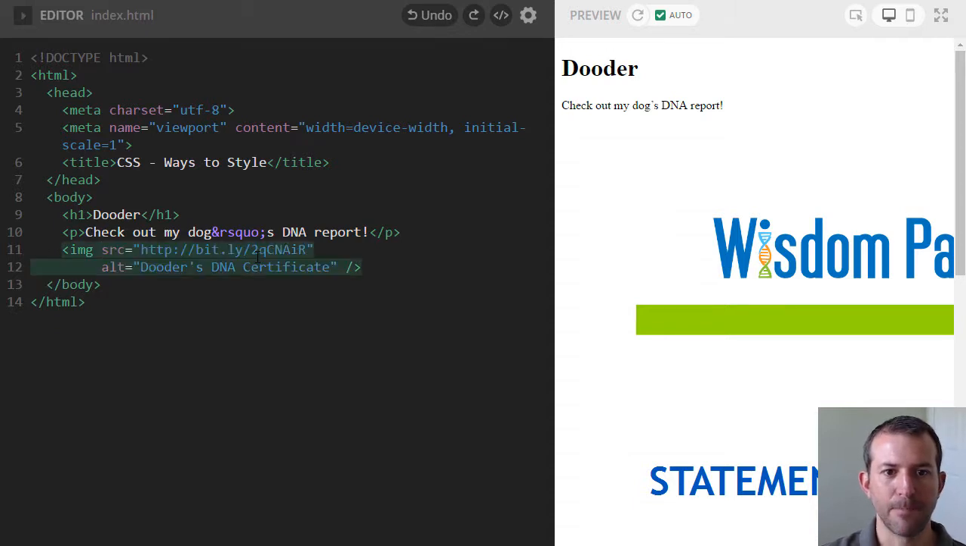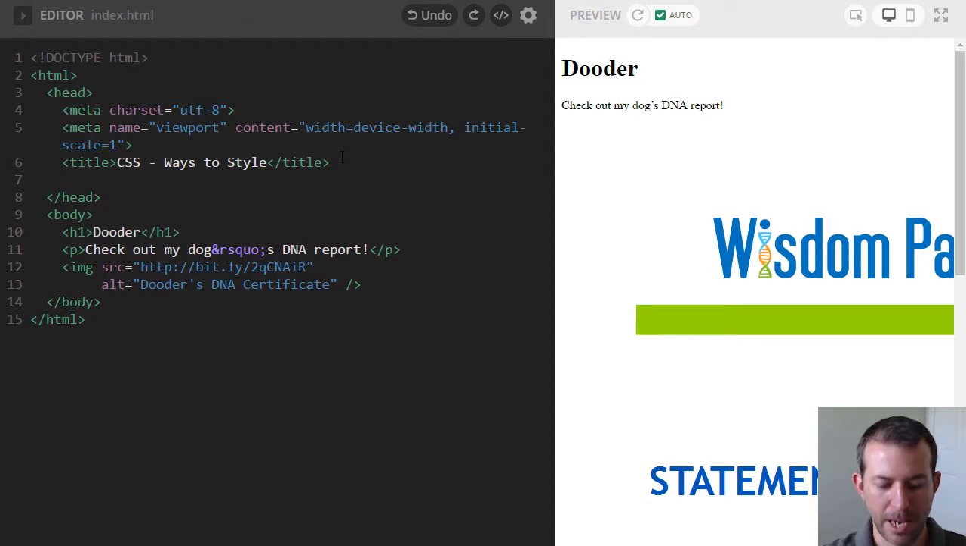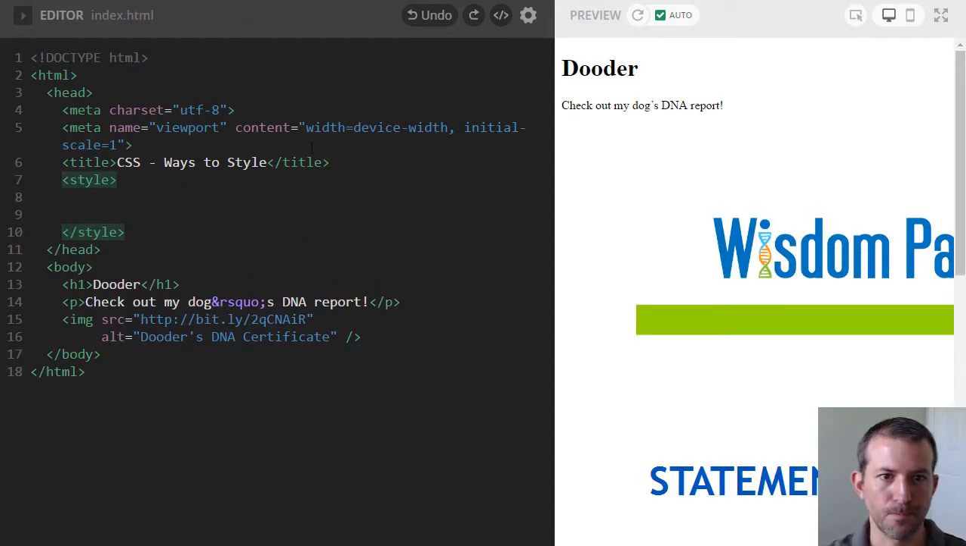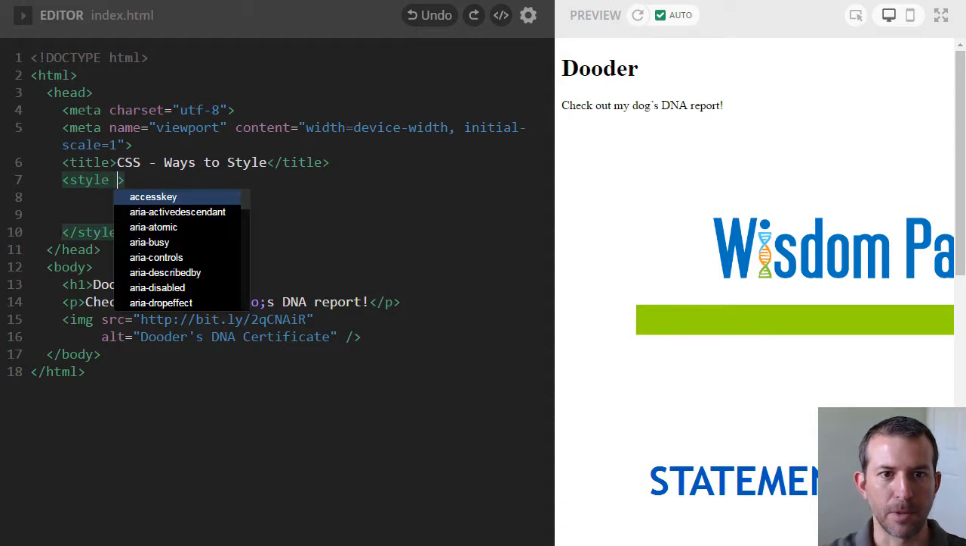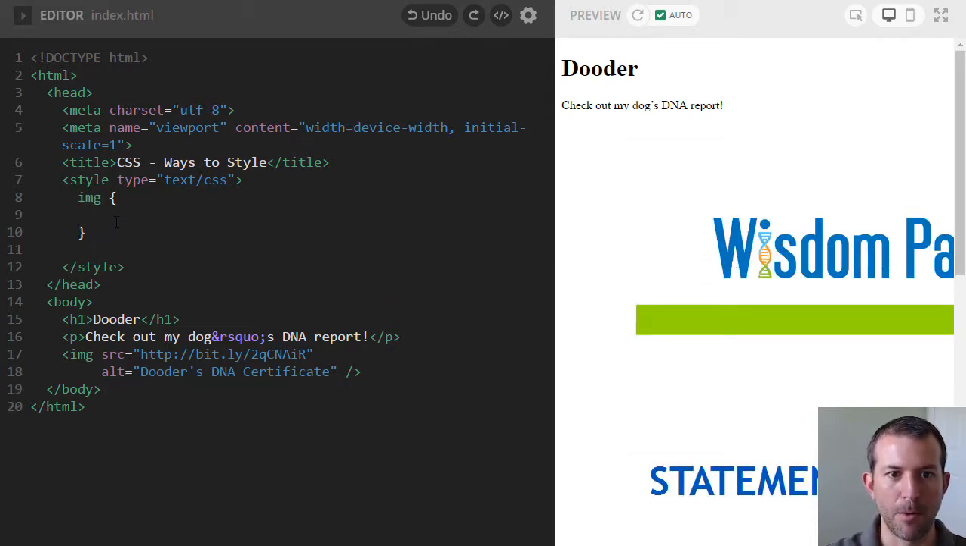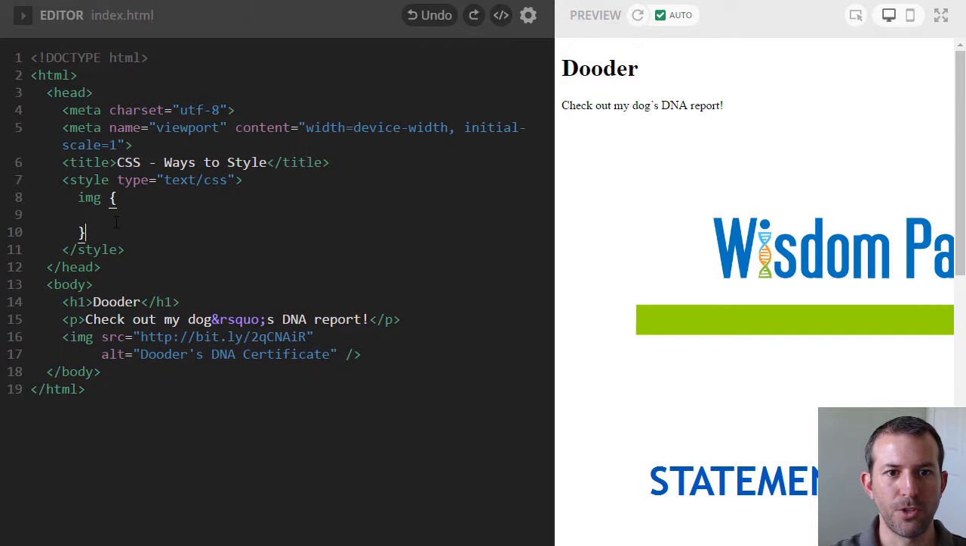So let's say I wanted to use embedded style. Embedded style is when I go into the head of my document and I use the style element to place CSS rules in. So I normally want to say it's text/css, and then I can create traditional CSS style rules. So for example, if I wanted to style all my images, I would use my image selector to choose all the images on the page,